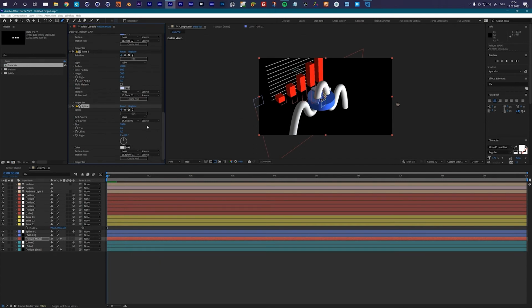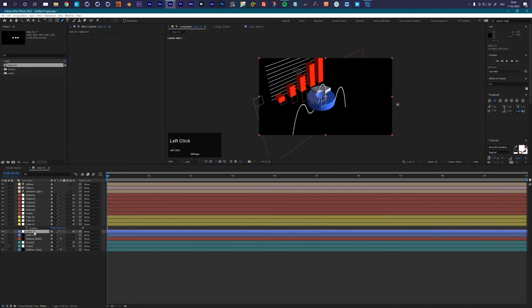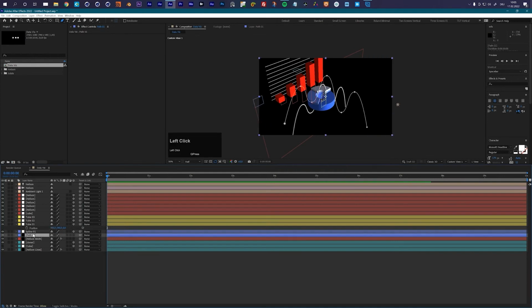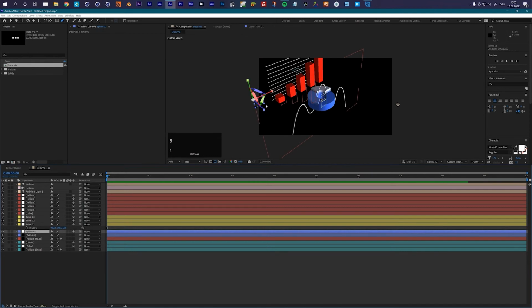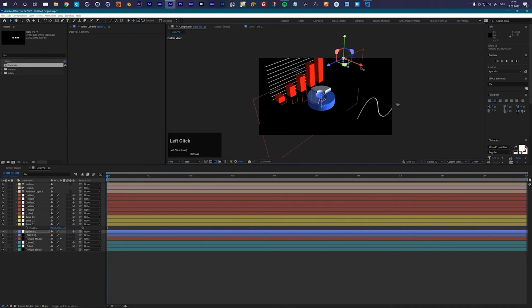Good, now this is a little bit big, so what you can do, you can change the size here, so I can make it, for example, 25, then it is of course way thinner, but it's still too much, so maybe we go with 10. And then I can of course position it. So you see that actually the null here is on the corner of our layer. So this has to do with the layer that I created the path on, but it's not a problem. I will just rotate this now 90 degrees on the y-axis. So let's hold down shift 90 degrees, and now I will just align it so that it is sitting nicely